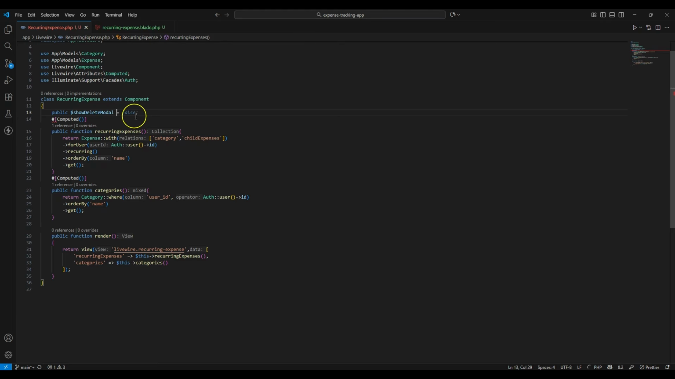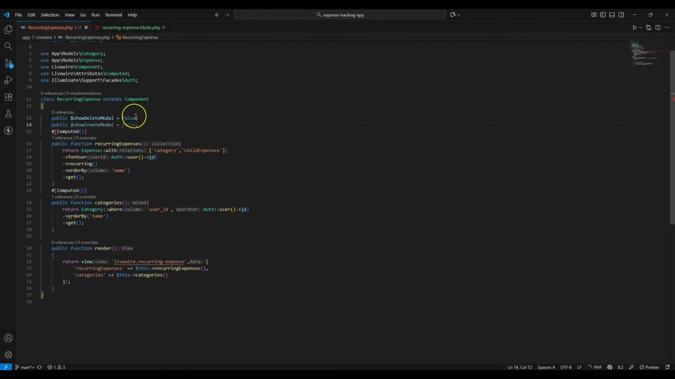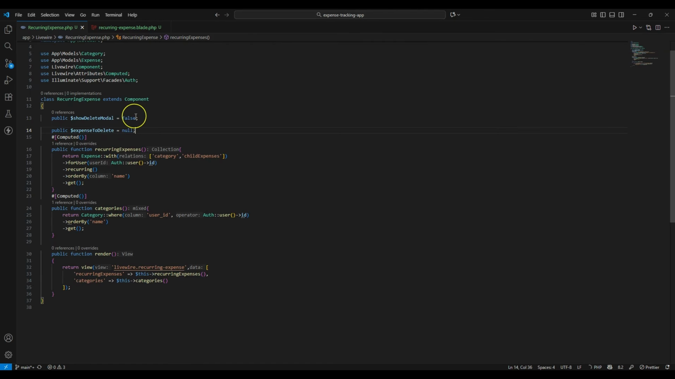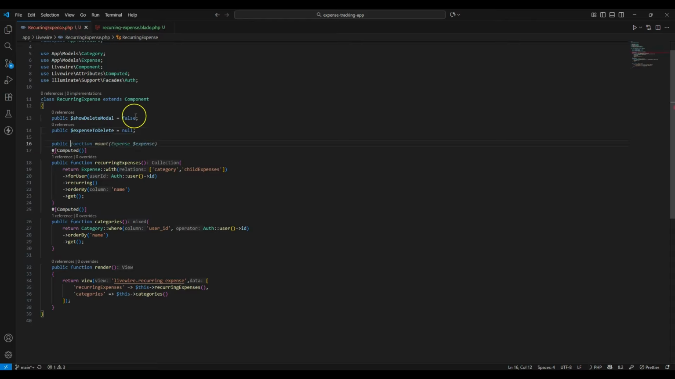Okay, so by default it should be false. And after that we have another public key property, which should be the expense to delete, which by default should be null. Okay, and after that we are going to define the method that we were supposed to define, which is called the